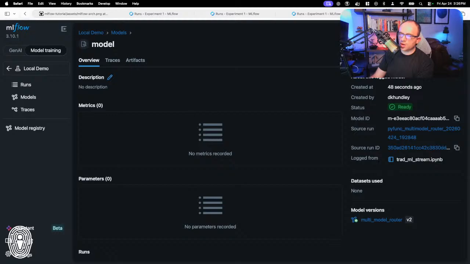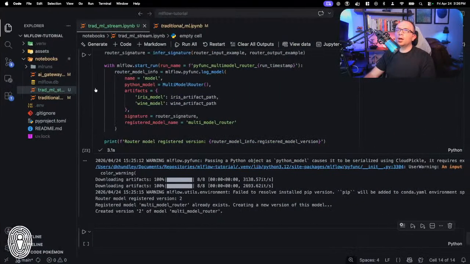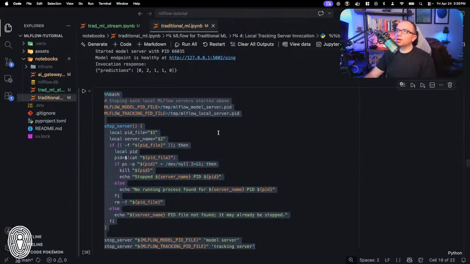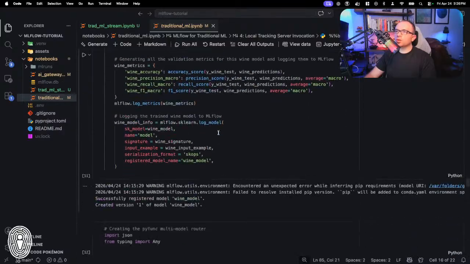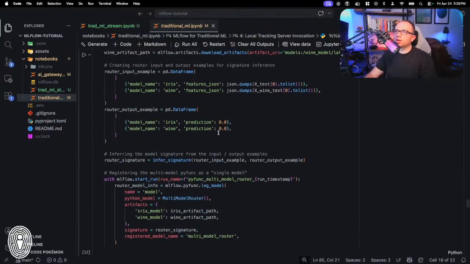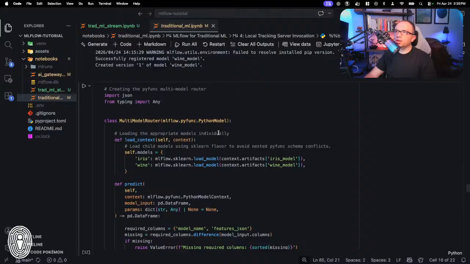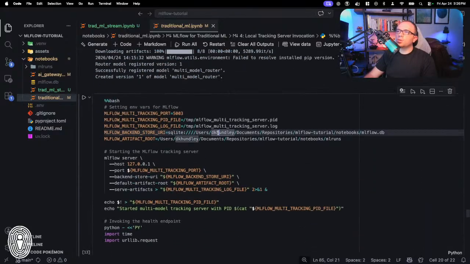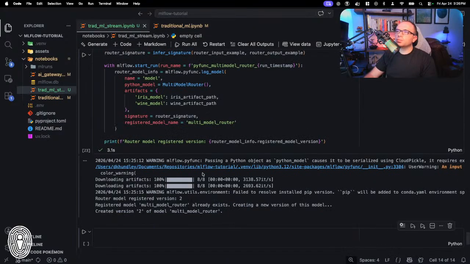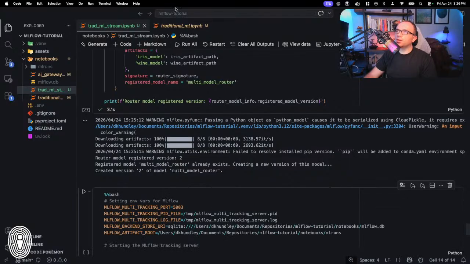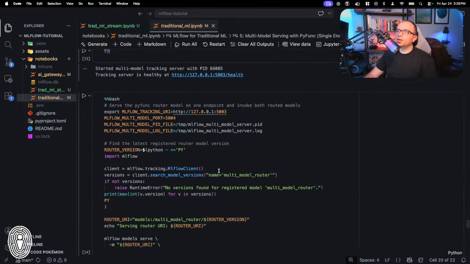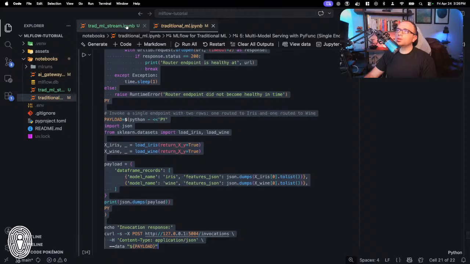So let's finally demonstrate how we can actually invoke it in the same way that we did from the tracking server. We're going to be running some bash commands again. Since we're already running up on an hour and a half, I'm just going to reuse the code that I have already created in my completed notebook. So I'm going to take all this code, copy and paste it in here, and I'll explain it, of course. And then this is the second one.